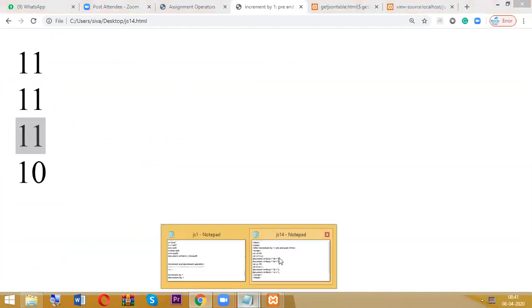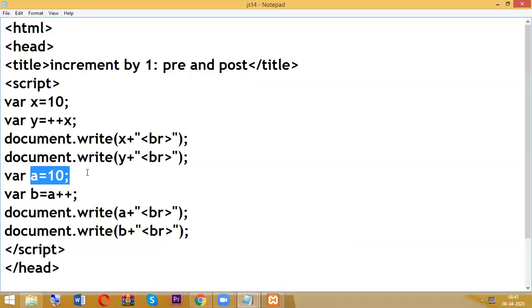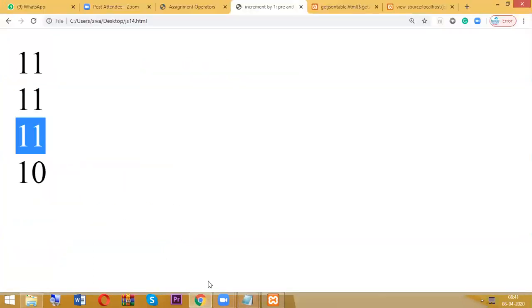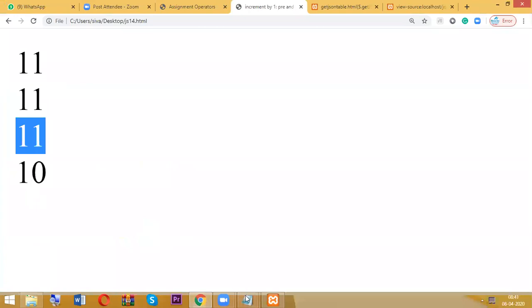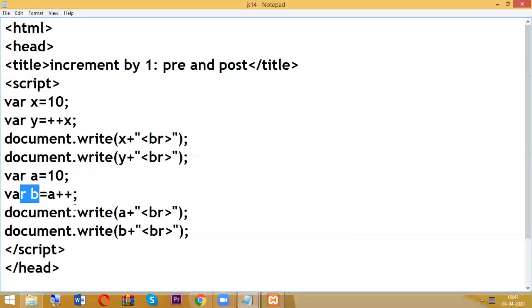Now see here. A value is 11. B value is 10. So why? See here. The A value I said is 10, sorry, I declared 10 here, but whenever I'm checking it is 11. That means after this statement, A++, even though it is a post-increment, A became 11. So A++ means it became 11. That's the reason A value is 11. Why is B value 10? Because it is post-increment.